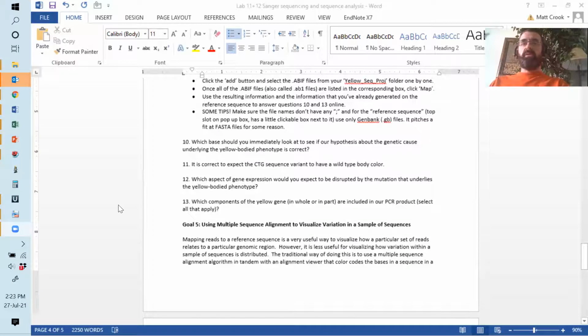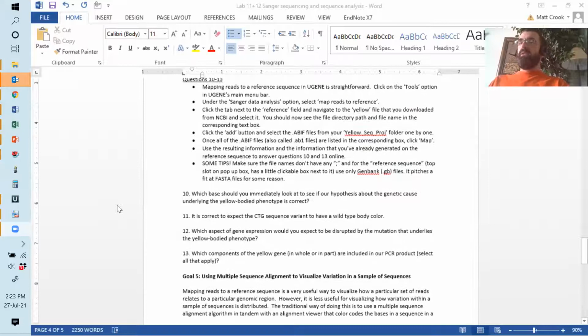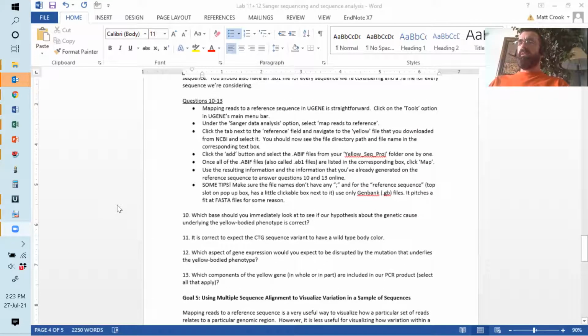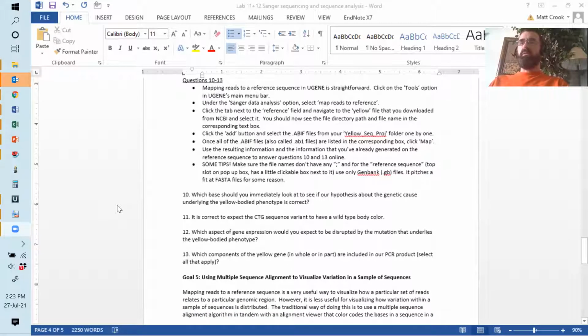Does anybody else have any questions about particularly the mapping sequence reads? I know it was a little confusing last week because we had all kinds of issues, but